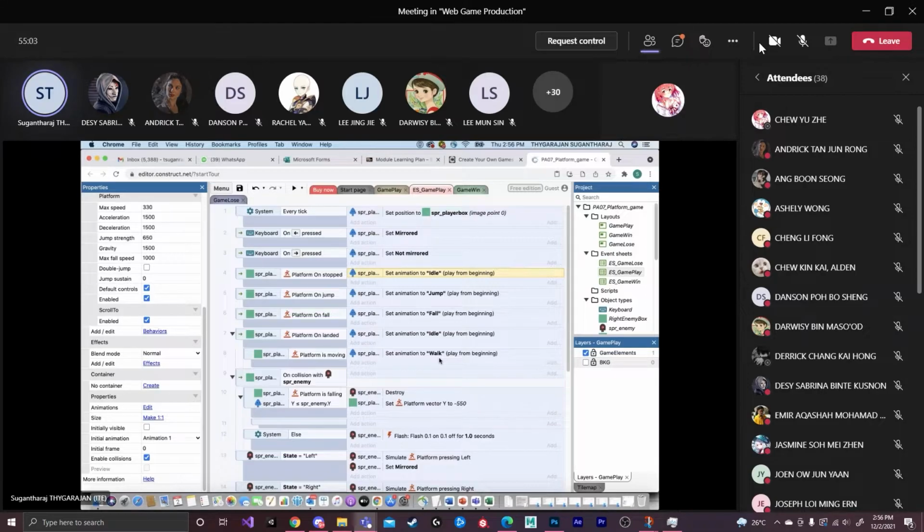We are doing this because the SPR player is following the SPR player box. So that's why we need to follow all these actions wherever the SPR player box moves. That means your SPR player is also moving into that particular action. Any doubts so far until the action 8?